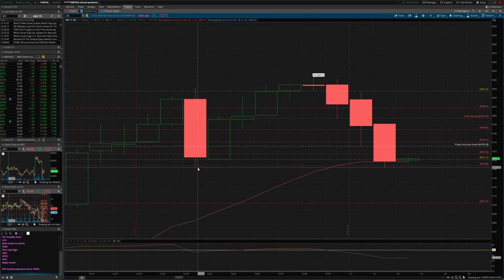That way your risk is very limited, because once you break this, instead of having a series of higher lows, now you have a series of lower lows. But since it's a small poke